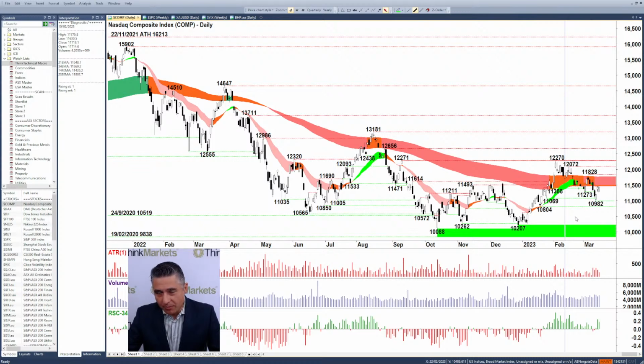preventing this from much lower levels. I would say as long as 10,982 holds, there's some hope. There's a glimmer of hope, but it's nothing more than a glimmer that we can go up and push to higher prices. And it's from a glimmer, let's face it, that a bull market starts. It has to start somewhere. And let's see how we go. Above 10,982, I think we're okay. Beneath that, all bets should be off, really, to the long side.